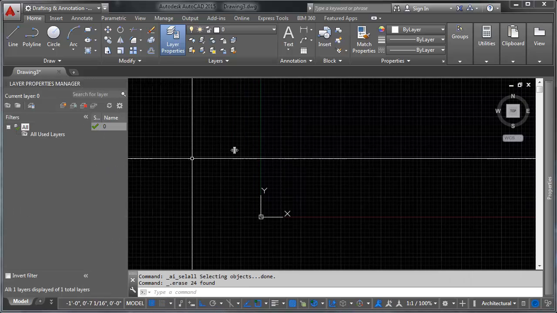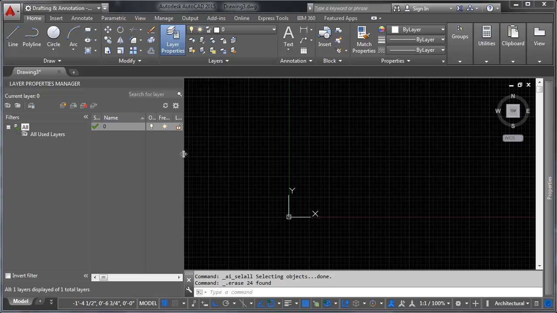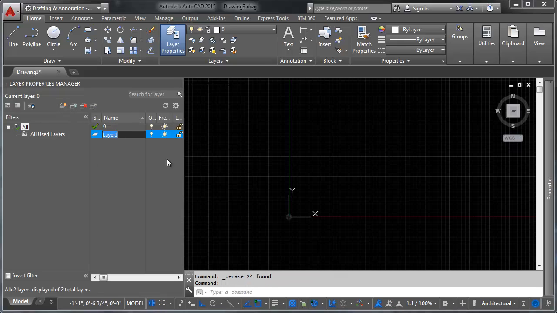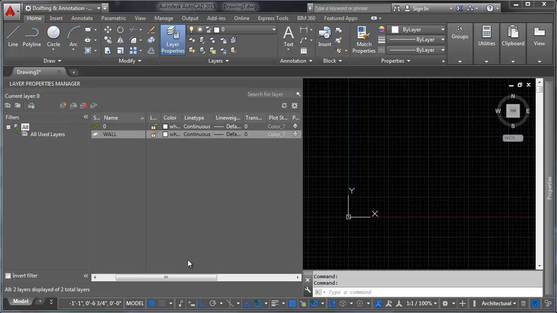And what I'm going to do is draw a bathroom here. I'm going to start by making a few layers so that we can keep our objects on. The first one I'm going to make here, we're just going to call this walls. I'm going to turn caps lock on. We're just going to call it wall. And we're going to set the wall layer to be, I'm going to pull this out here so we can see it a little bit easier. We're going to set that to be